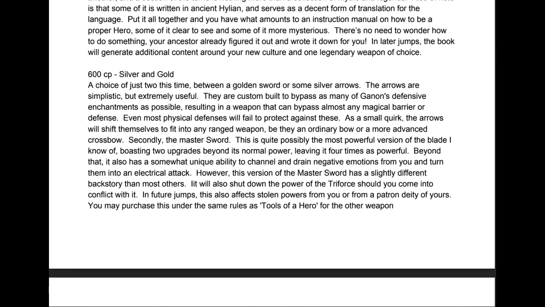They are going to be going ahead and grabbing both the golden sword and some silver arrows. The way that they are going to be doing that is they are going to be spending the first 300 choice points on the arrows, which they're going to be using with their hand crossbow. The arrows are not only shifting themselves to fit into any ranged weapon, they are also custom built to bypass as many defensive enchantments as possible,